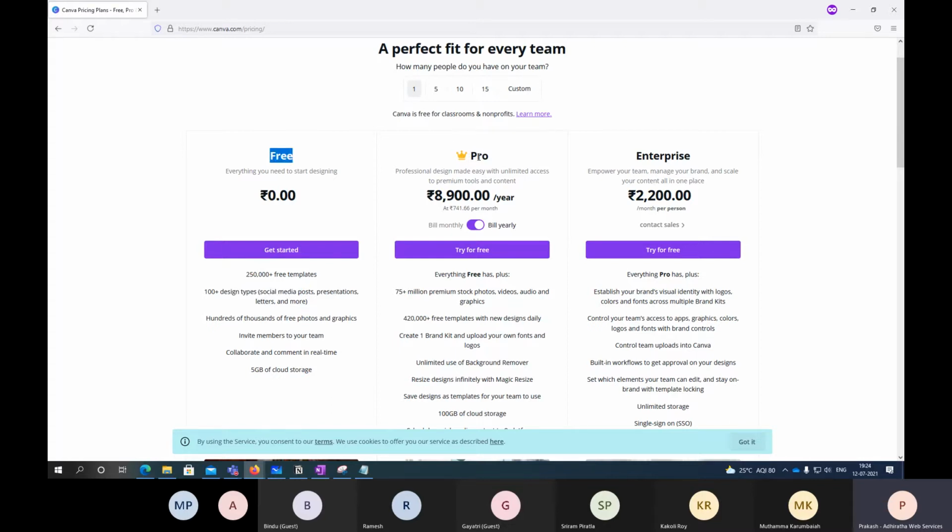But if you go to the paid version, you will get other features like a lot of images which you can use copyright free. Okay, anyone know what the copyright thing is? See, for example, if one of you clicked a photo, and I'm using that photo for my purpose, am I supposed to use that? No, right? I'm not supposed to use that photo, at least until I get your permission, right? Without taking your permission, I'm not supposed to use that photograph.